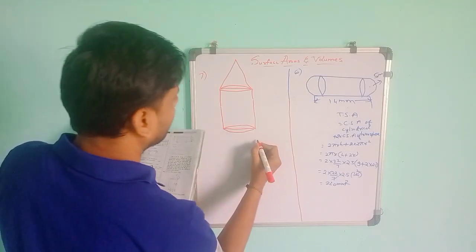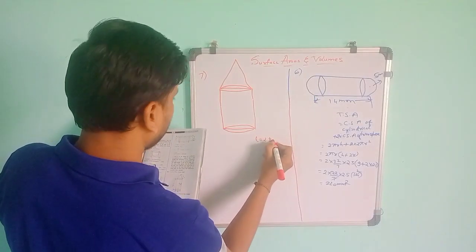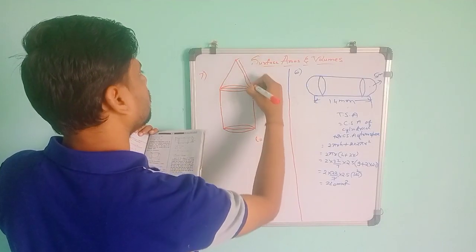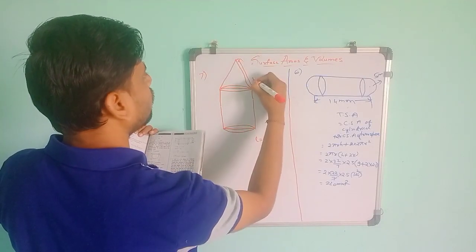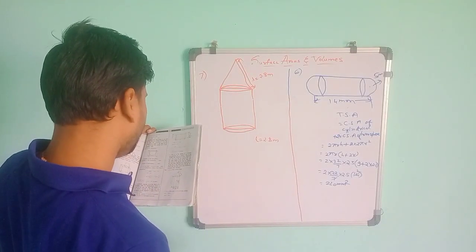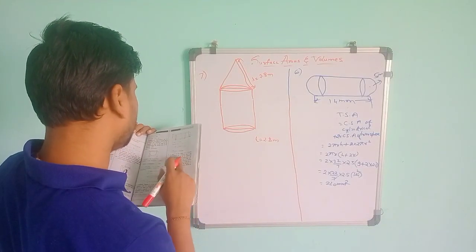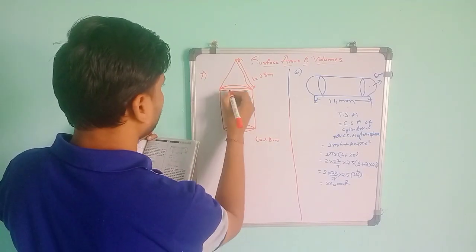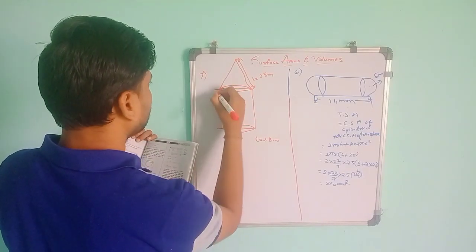Slant means L. So the slant is 2.8 meter. So L is equal to 2.8. And in the given cylindrical part, the height of the cylindrical part, height means this one to here, is